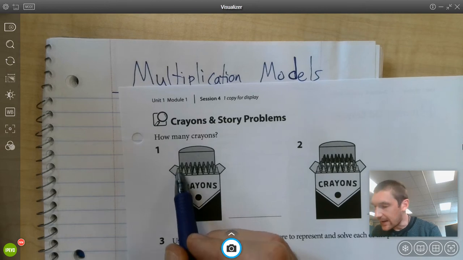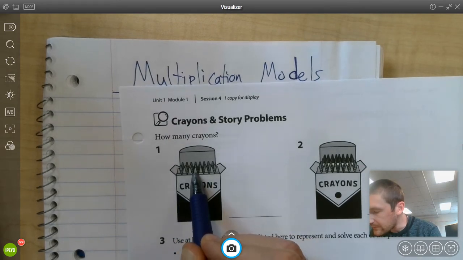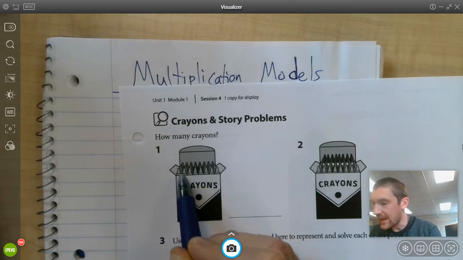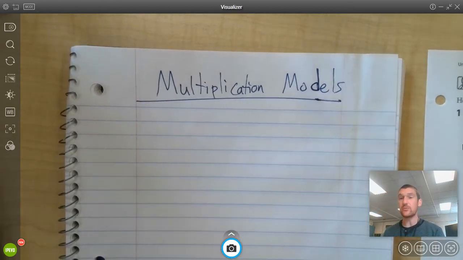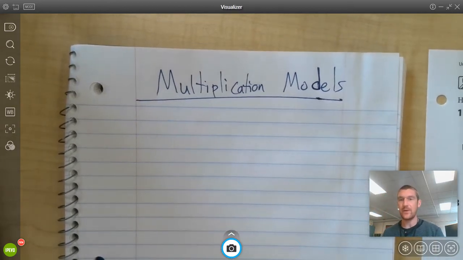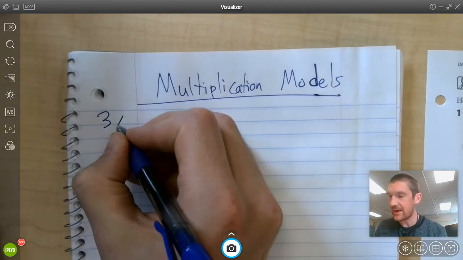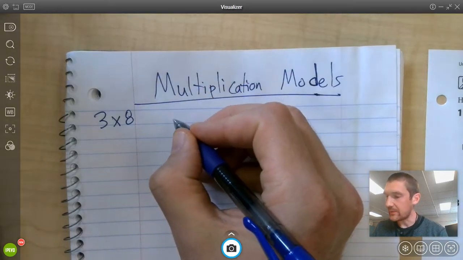Okay, so I see in each row we have 1, 2, 3, 4, 5, 6, 7, 8 crayons. And I see there are 3 rows. So we have 3 rows of 8, okay? So written as a multiplication problem, we can think about it like 3 times 8, okay? 3 rows of 8. So the first method that I want to show you